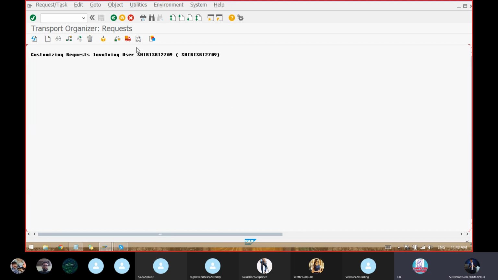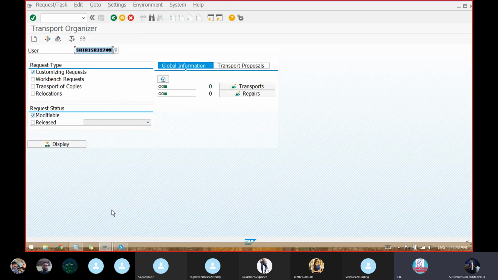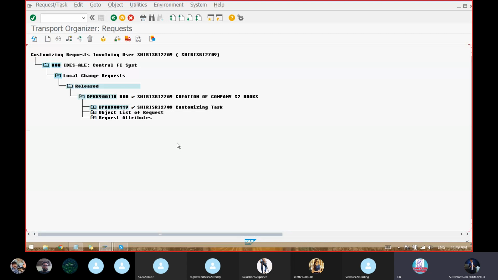Just go back. Select the released option, remove the modifiable, and select yesterday. Then there is an icon. You can select since yesterday and display. So this means it is released. We are seeing this transport request in the released status instead of modifiable because we have transported